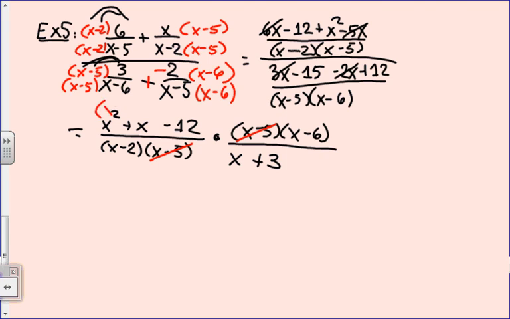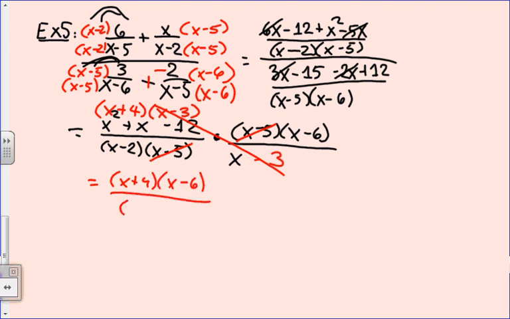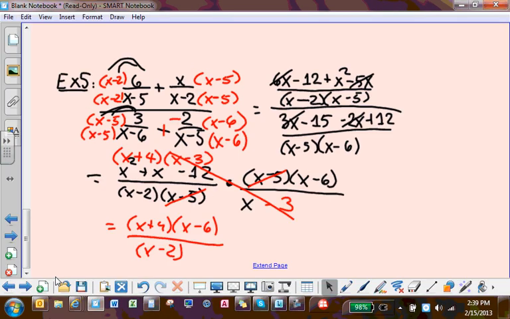This guy factors into x plus 4 and x minus 3. What else cancels? Oh, this is a minus 3 in the bottom. Alright, so here's our final answer. X plus 4, x minus 6, all over x minus 2, and you have a bunch of restrictions. But it combines everything together. All right, have a great